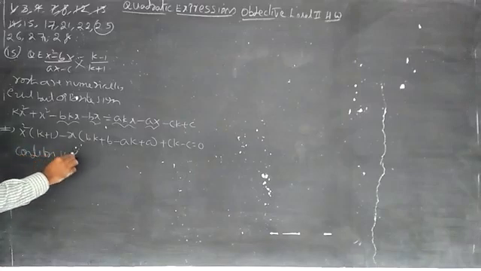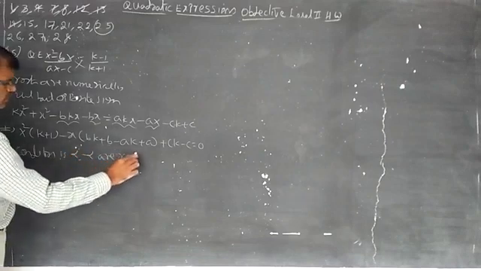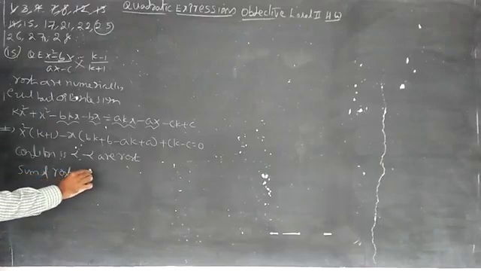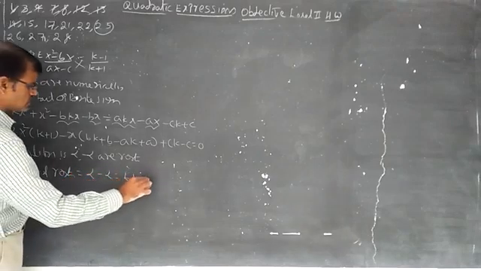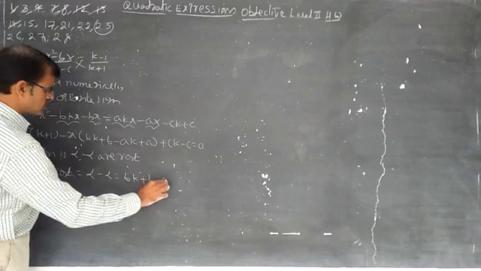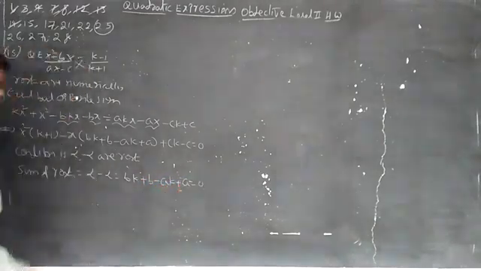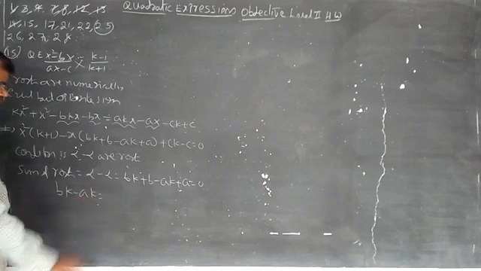Now the condition is alpha, minus alpha are the roots. Whenever alpha, minus alpha are roots, then you can write the sum of roots is equal to alpha minus alpha, which is 0. So bk + b − ak + a = 0. So bk − ak is equal to minus of minus a minus a.